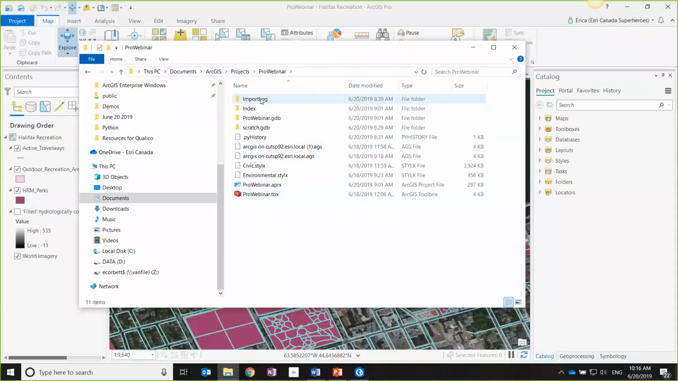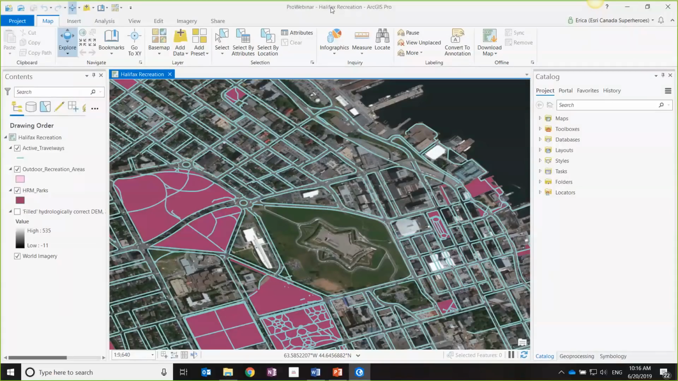folders up here, some MXD documents that I've imported. It has the metadata for those, and the index here just has some thumbnails that I have in my project held in there. So that's what it looks like in the back end. And then when you come into ArcGIS Pro,